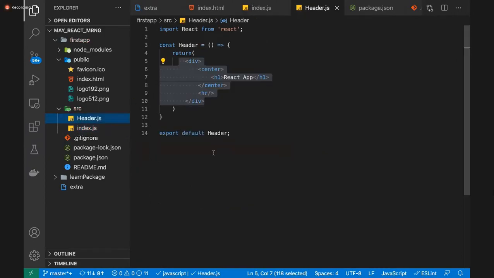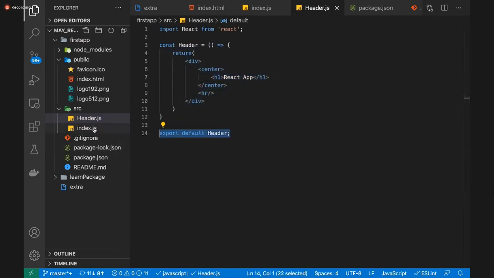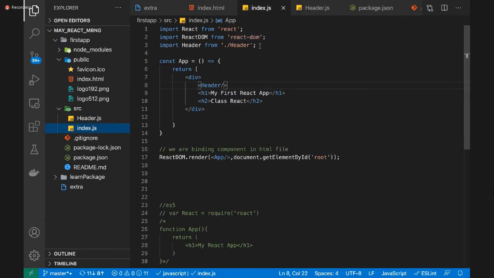One is a header component that we export. All other components, you write your content and you export them, and where you want to use it, you have to import this component. I'll take a doubt, just wait for me a few minutes. I'll import this and then I will use it like this. The important point is, if I import by some other name, suppose ABC, will this work? Let's try.